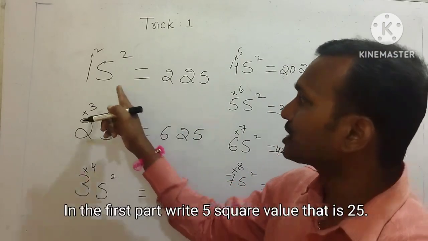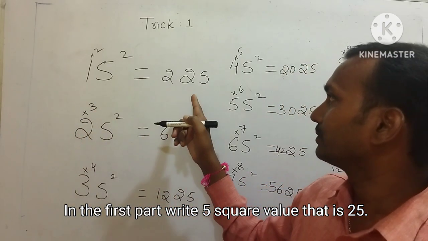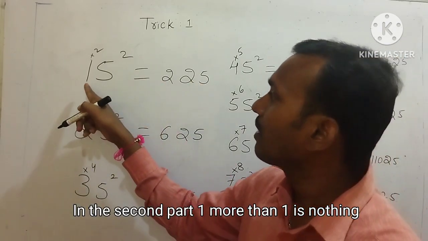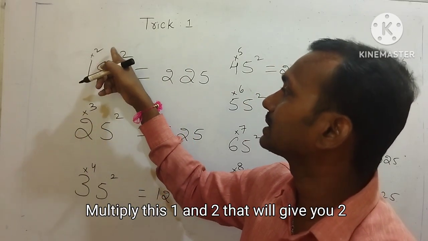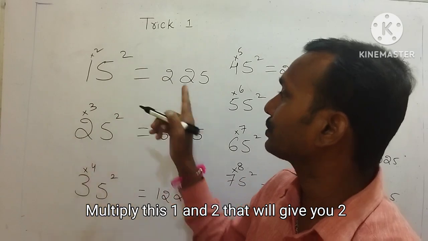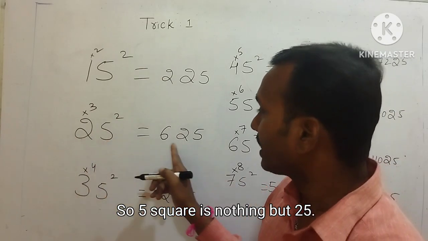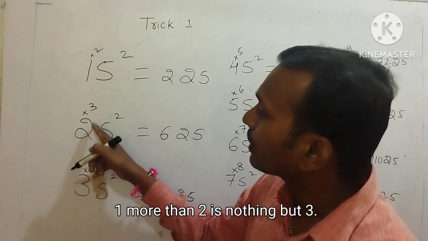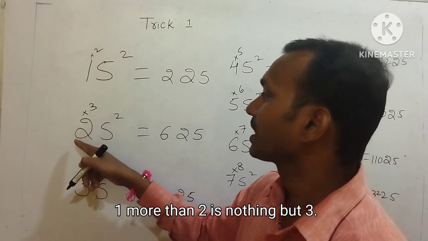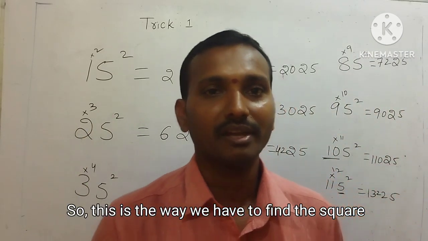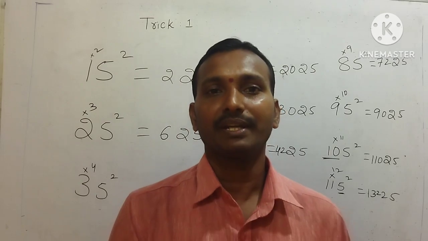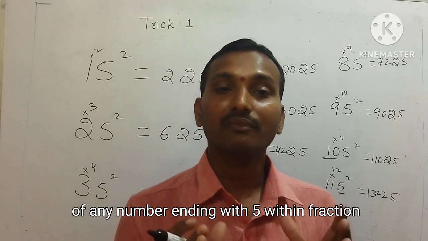this method. In the first part, write 5 square value, that is 25. In the second part, 1 more than 1 is nothing but 2. Multiply this 1 and 2. That will give you 2 again. So 5 square is nothing but 25. 1 more than 2 is nothing but 3. If you multiply 2 into 3, that is nothing but 6. So this is the way we have to find the square of any number ending with 5 within fraction of